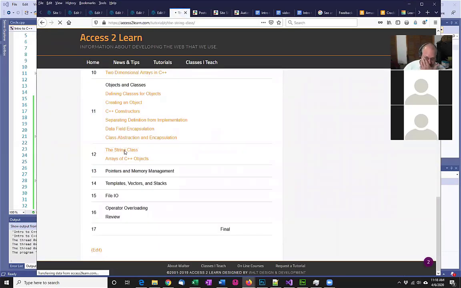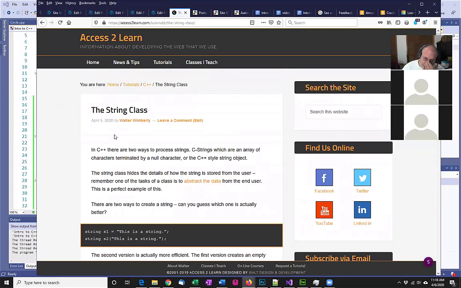Let's talk about the string class. Okay, so we've looked at the string class. We've used it a bunch. We talked a couple weeks ago about how there's actually two different types of strings in C++. There is what we call the C-style string, which is actually an array of characters that is null terminated. It just means that there's a null character at the end of our string. That null character is very important